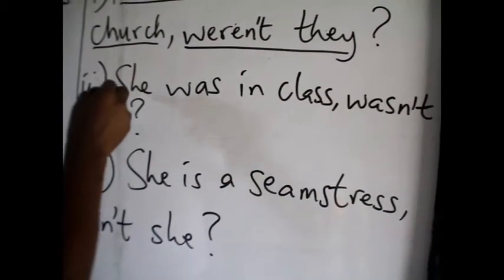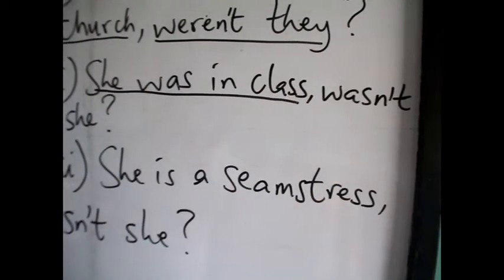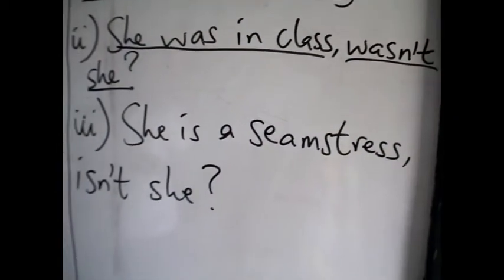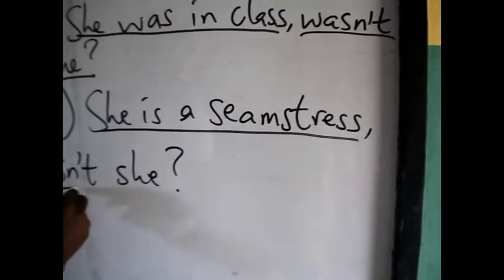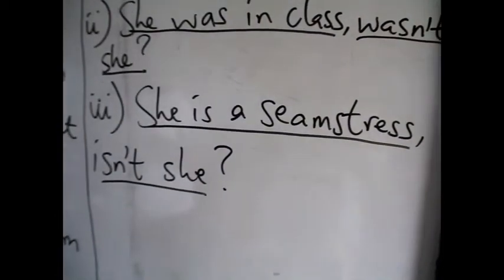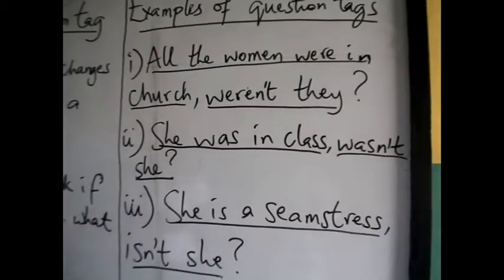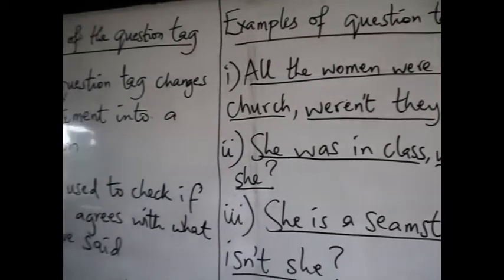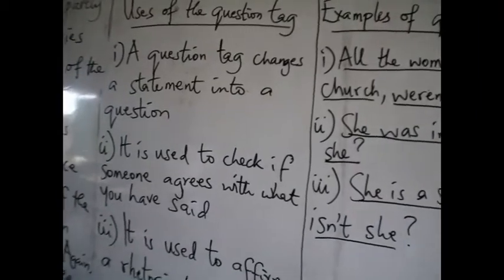The second example says, she was in class, wasn't she? The third one is, she is a seamstress, isn't she? So what we have here for today's lesson is the question tag, the use of the question tag, and examples. Now, of course, to go over the lesson, we told you that a question tag is a device